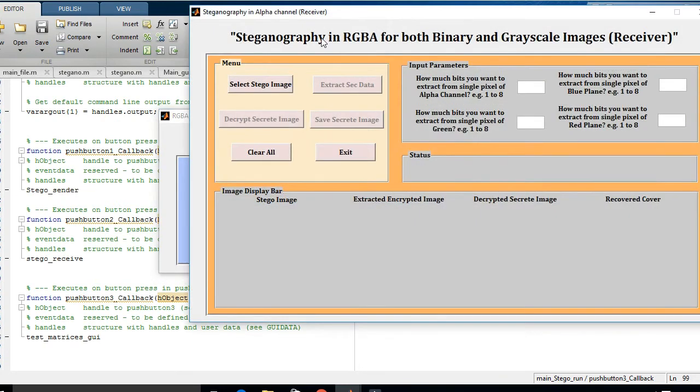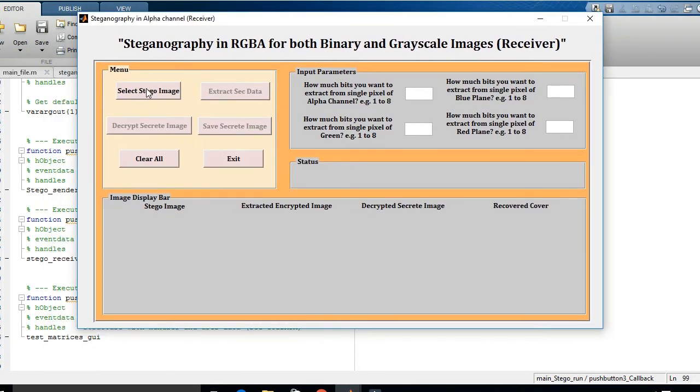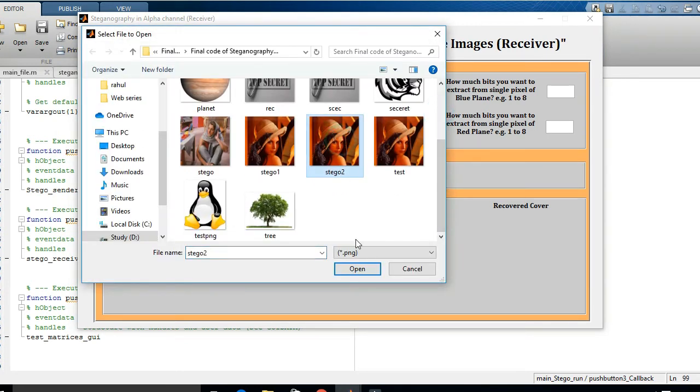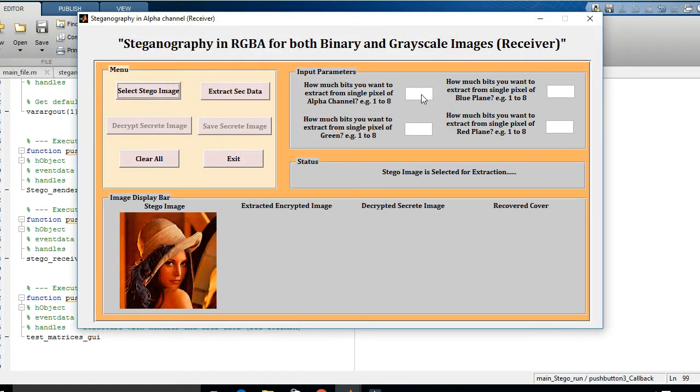Now we are going for the second side, that is the receiver side. Just click on select stego image button and select the stego2.png image. Just click on open, and you have to enter here the parameters 2, 2, 2 and 2 and just click on extract secret data.